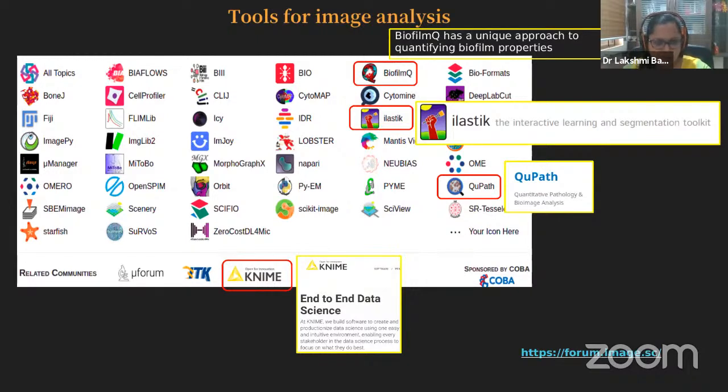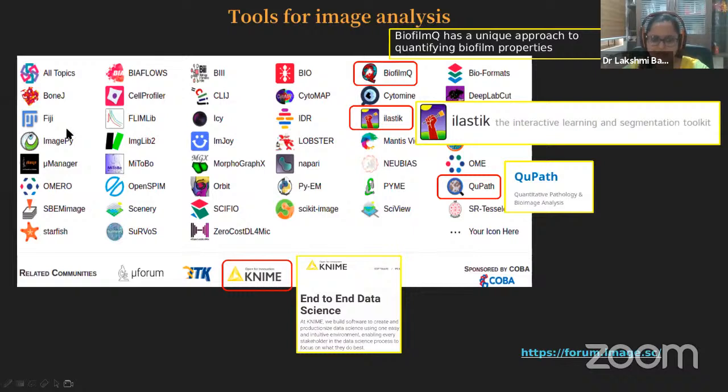It depends on the project. Sometimes there is no single software I can point out to you that will help you work with all kinds of images from different techniques. Most of the time it will be a combination of tools you might have to use based on the question you're asking. So that is why there are so many icons, for example, Fiji or ImageJ,